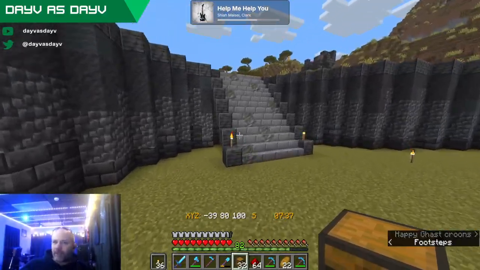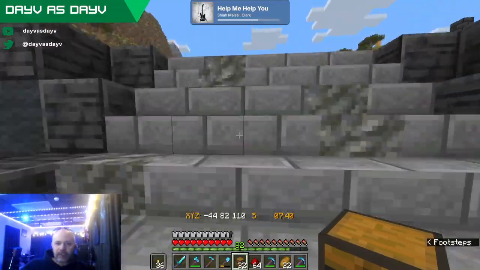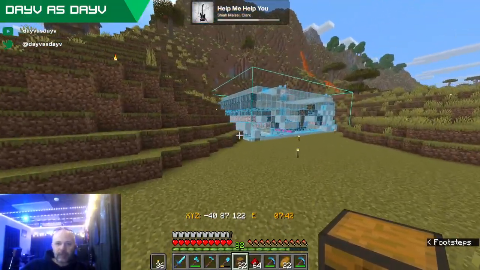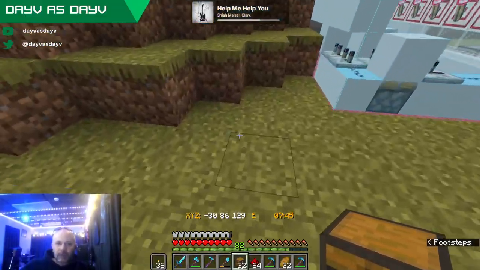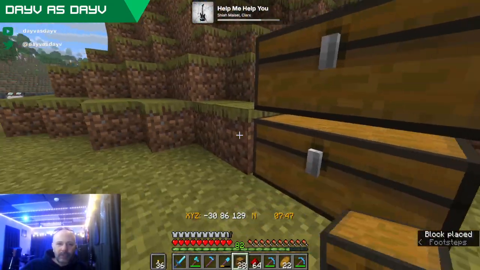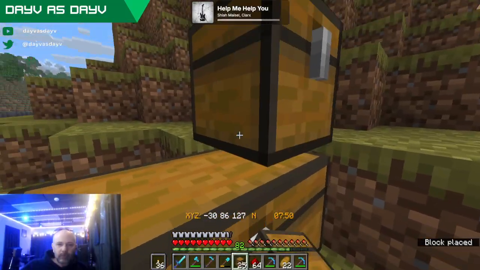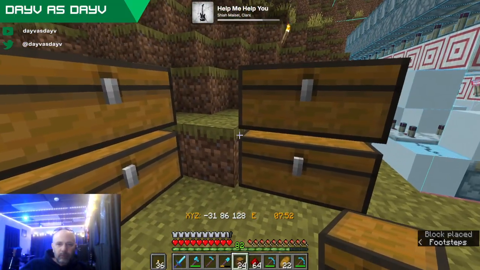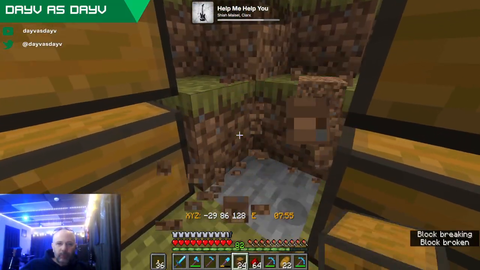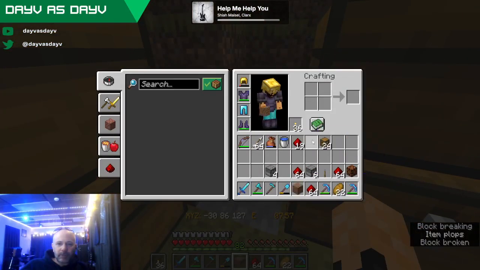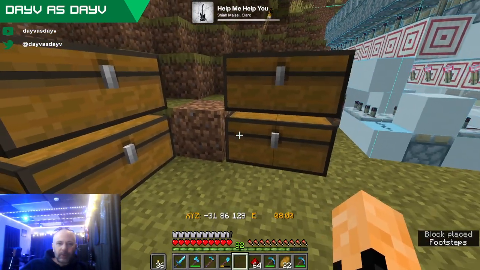I wish I could just have the list stuff over to the side. Like, it's so hard to get back into that menu. There it is. That's the one we're talking about. So we're going to put a few chests down here. That's going to somewhat bother me, but don't do that. Just put that back. It's going to be okay, Dave.